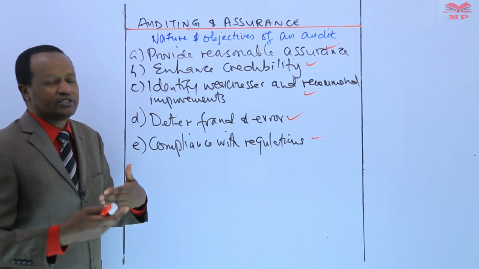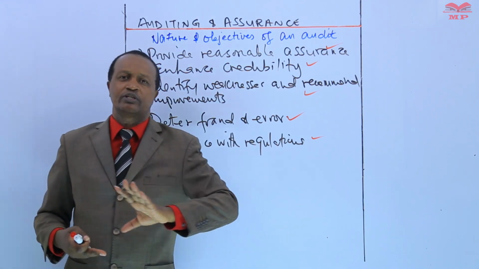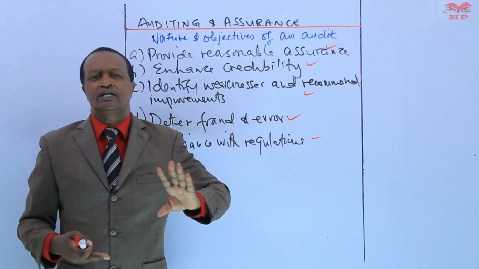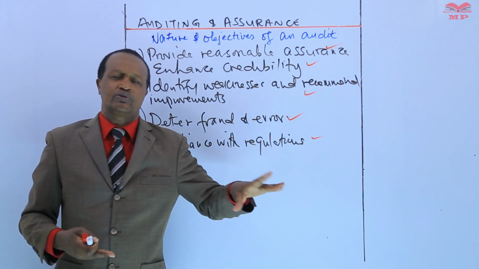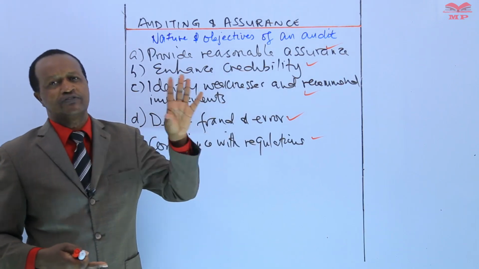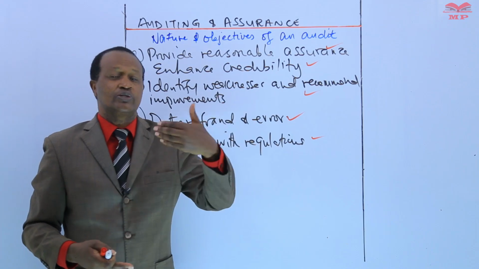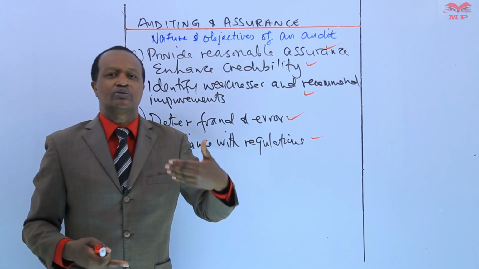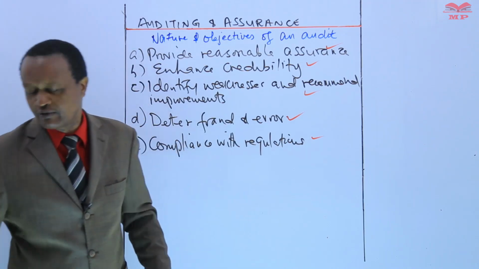And we'll be studying how that is done as we go through the process of auditing and the process of gathering evidence and how, based on the evidence, the auditor is required to make a report. We shall also be looking at different types of reports that may be generated by an auditor based on his examination of the financial statements. For now, we are going to take a break.